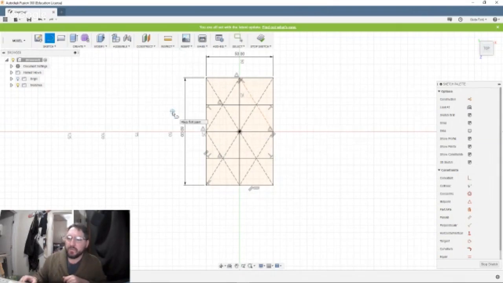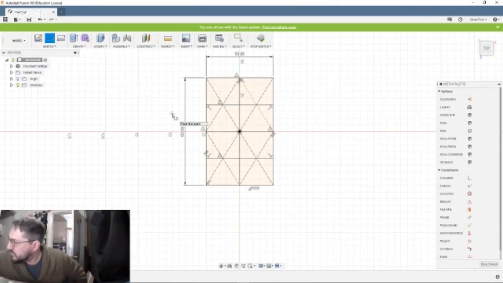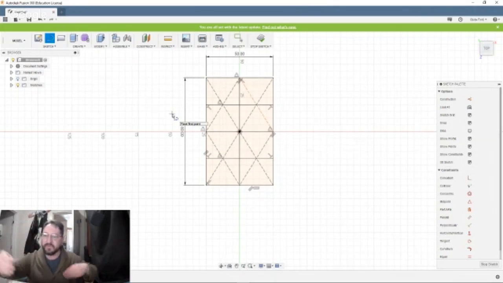We need holes. I don't know what kind of screws I want to use. What do we got for screws in here? Anything? Maybe let's use this screw.